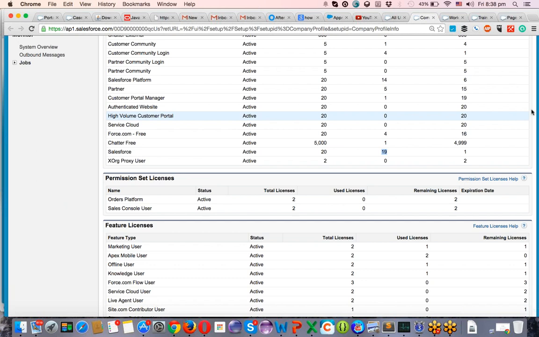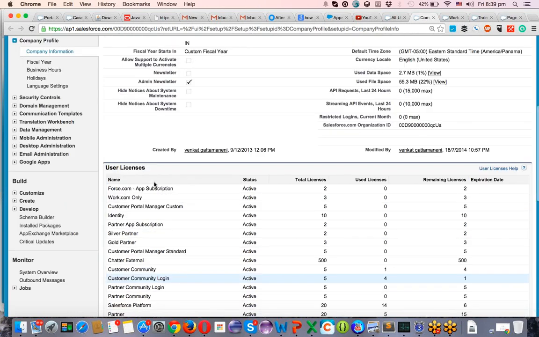Earlier, all the 20 were used and 0 left, right? Now I have deactivated one user, so I have access to a license now. Cool. Now I'm going to create a new user with this email address. You can check it out.